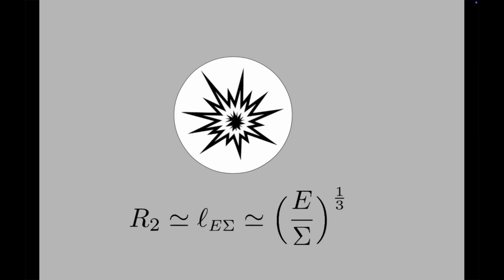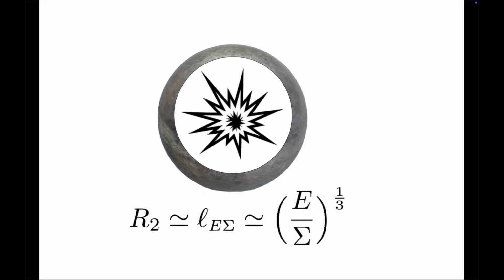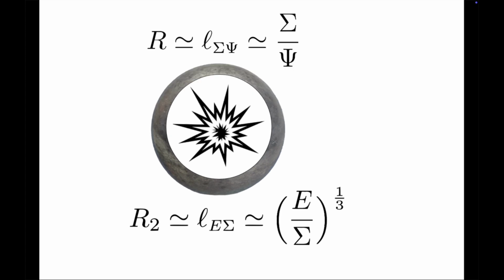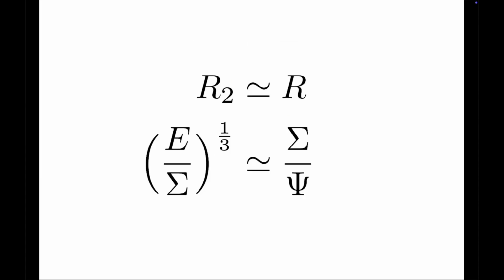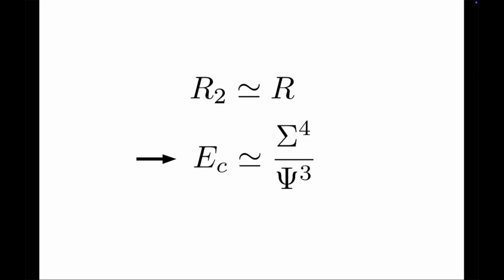But eventually, if the energy of the explosion is large enough, the whole planet could be blown to pieces. We have to compare the radius of the cavity with the radius of the planet. The game is over when they are equal. For a given planet, the elastic modulus sigma and the weight density psi are fixed. The only variable is the yield E of the explosion. So we can derive the critical energy over which the planet will be no more. As an exercise, you can show that this energy may be understood as the gravitational potential energy of the planet, where the mass of the planet M is connected to its density and size in the usual way.